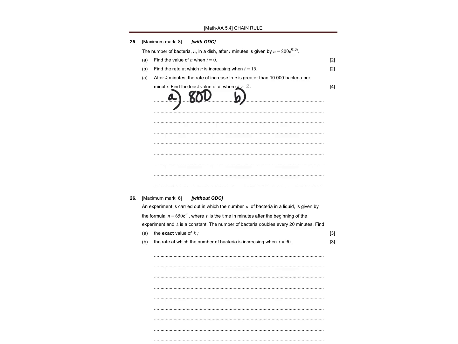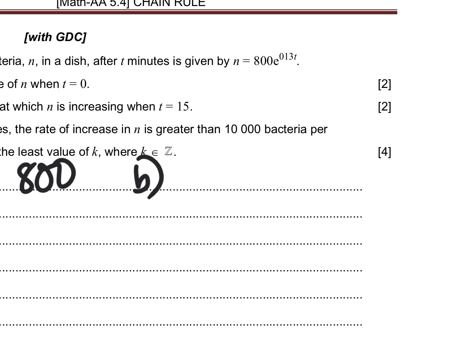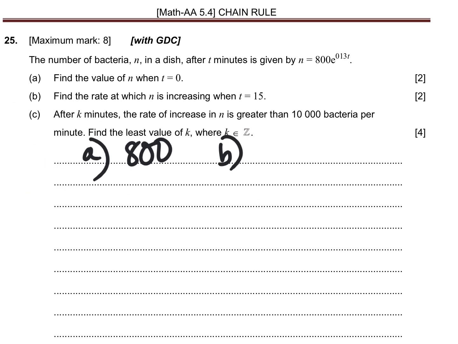So then you get d dx, and you just type in your function, which is 800 e to the, I suppose that's 0.13 times x, and then enter. So you should get 730.984. So C, after k minutes, the rate of increase, so remember k is going to be t, the rate